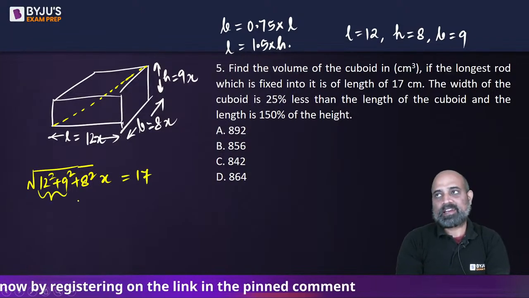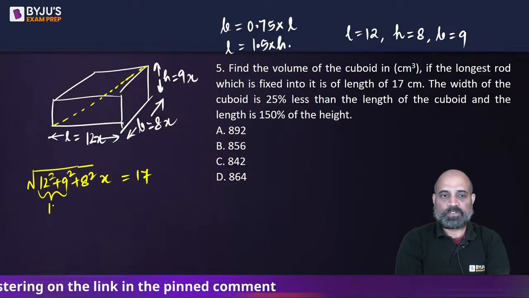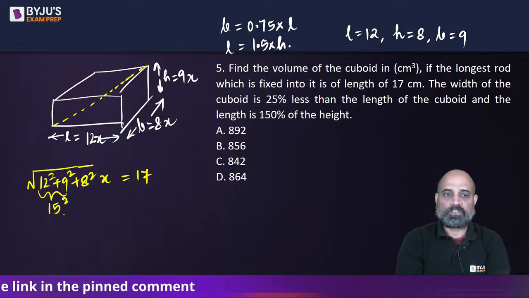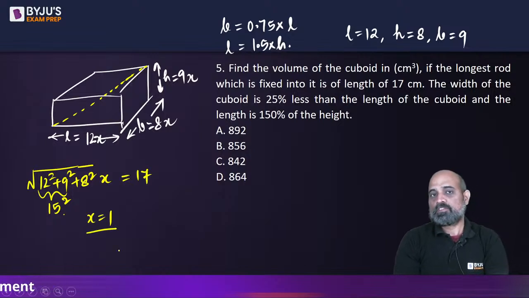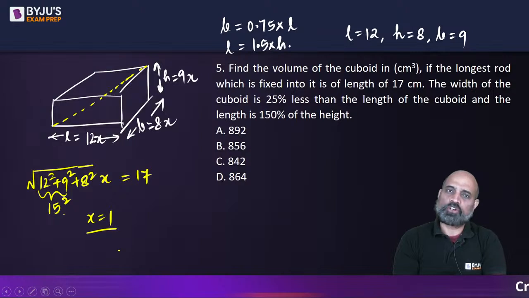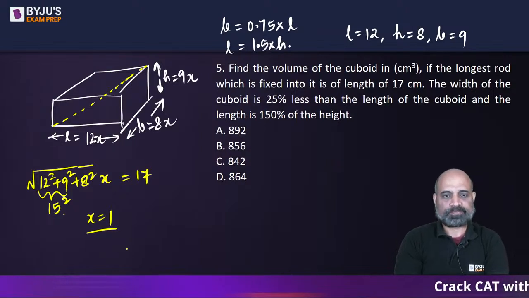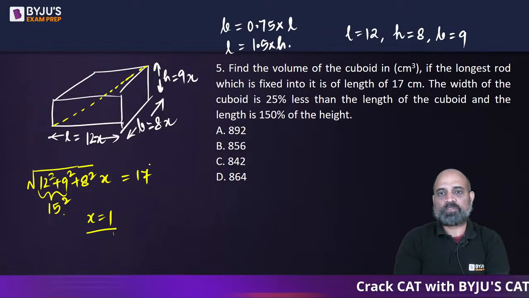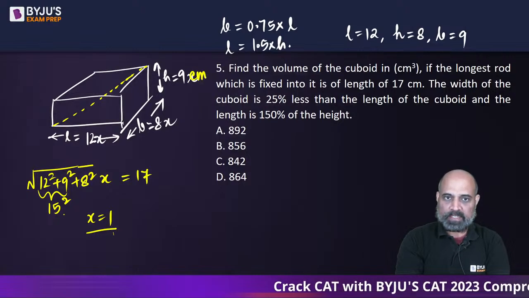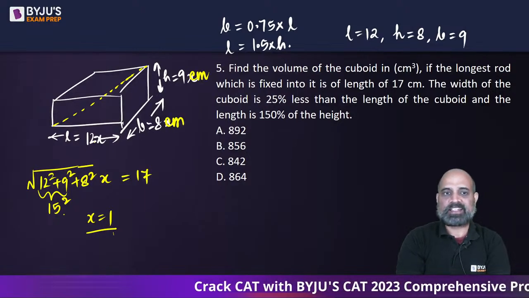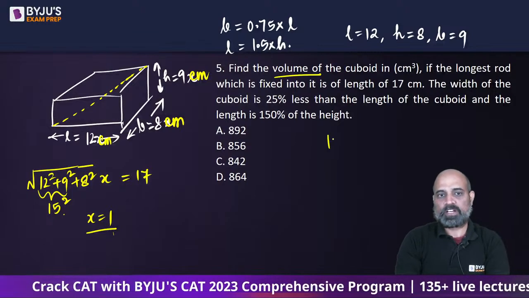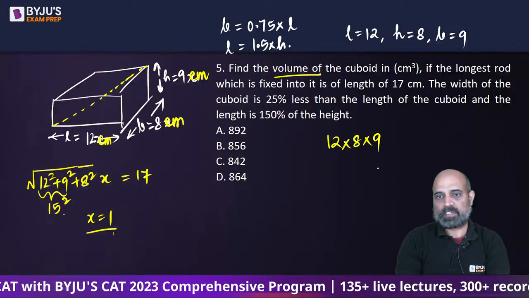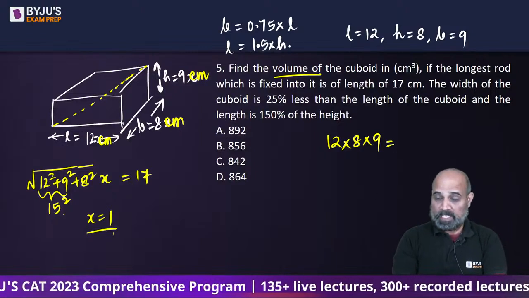Now 12 and 9, they will give you a triplet, which will result in 15. 15 square plus 8 square is the same. So x turns out to be 1. 15 square plus 8 square is equal to 17 square, isn't it? So x turns out to be 1, which means the height is 9 centimeter, the breadth is 8 centimeter, and the length is 12 centimeter. So the volume of this cuboid is going to be 12 into 8 into 9,